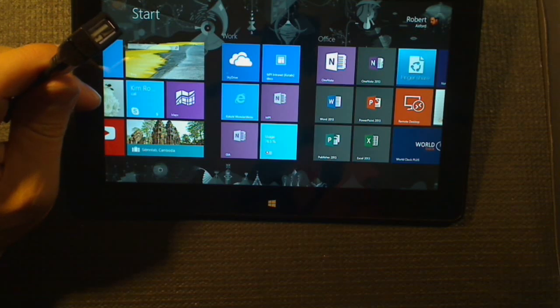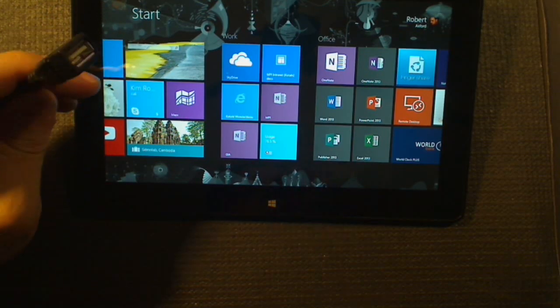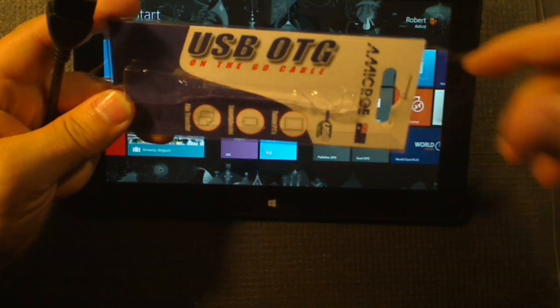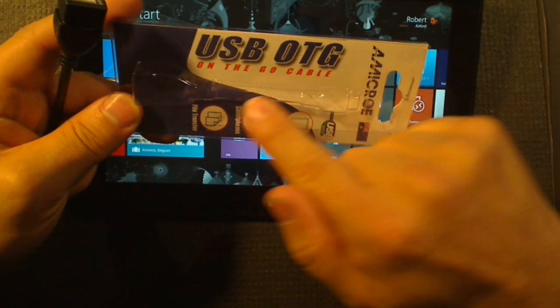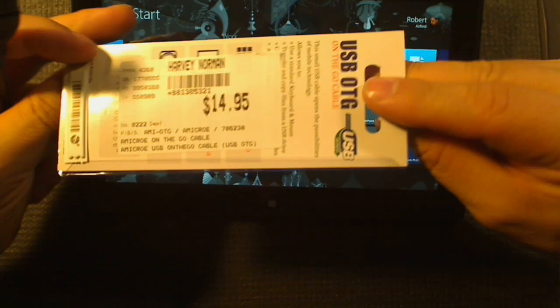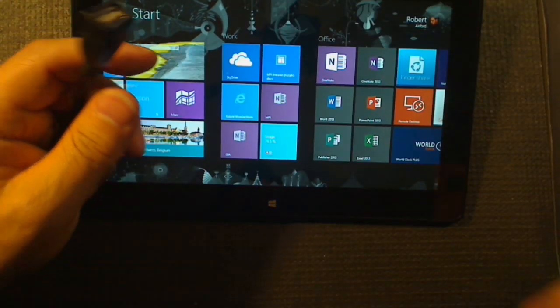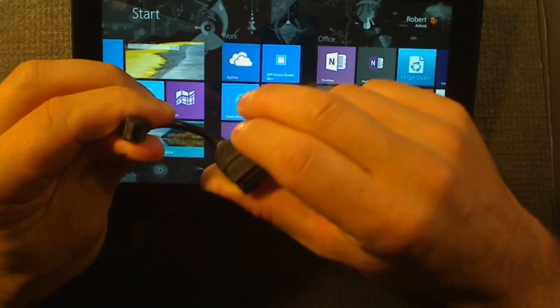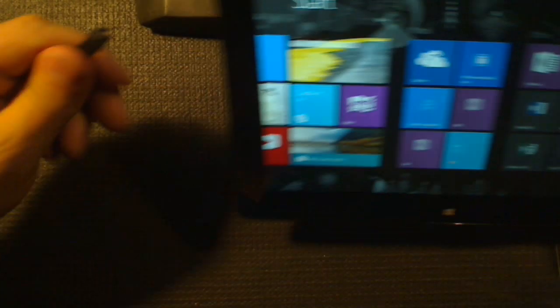I was going to get one off eBay or somewhere, and I just happened to walk into a shop, and there's a whole bin of these, hundreds of them sitting in a bin. USB OTG, on-the-go cable. So I bought that for heaps. Brought it home. It's just a nice little lead. USB on one side, micro USB on the other side. And if you plug it in,